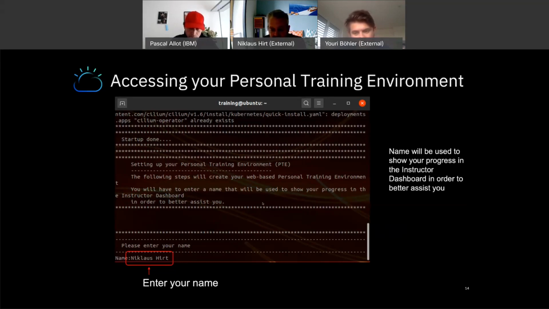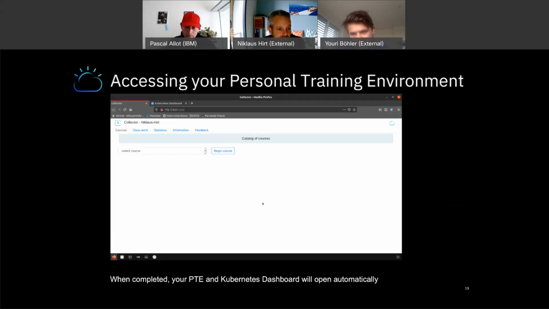and can see if someone's stuck or something, so I can offer my help. So that would be helpful. Put in whatever you like, but make it identifiable so that we can identify you if ever we need to talk to you. Good, and at the end you should get that, the collector, which is the training environment, and